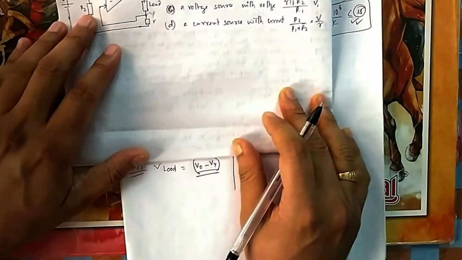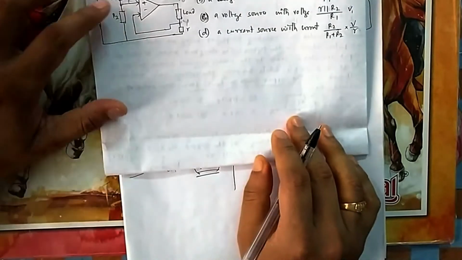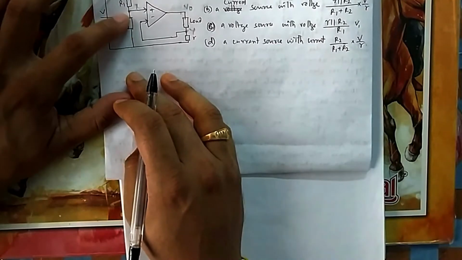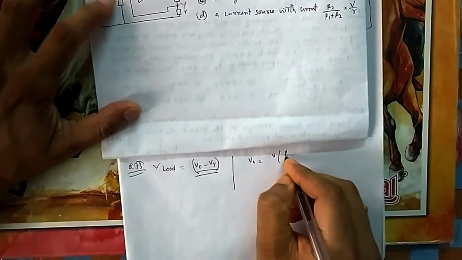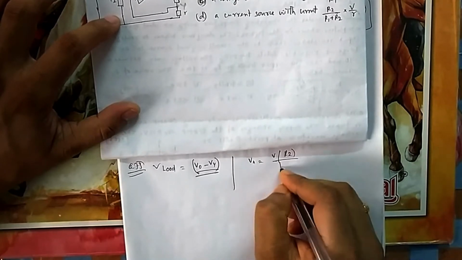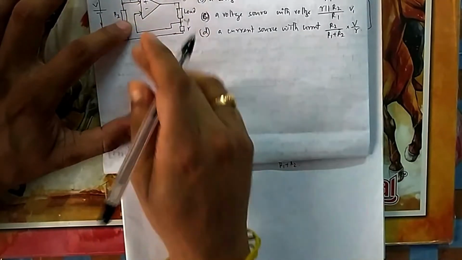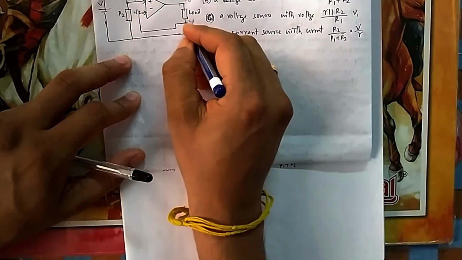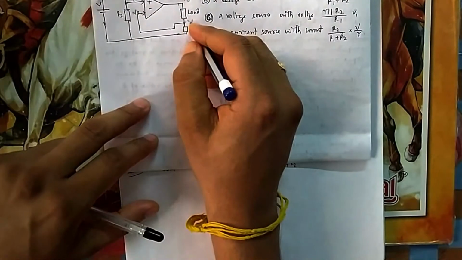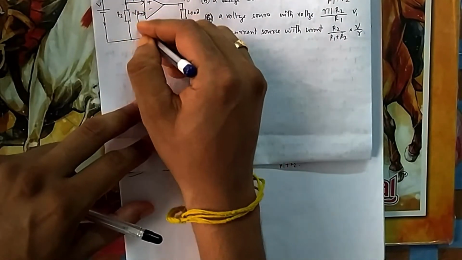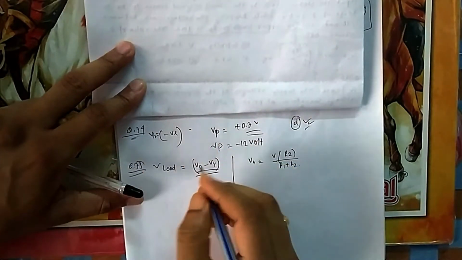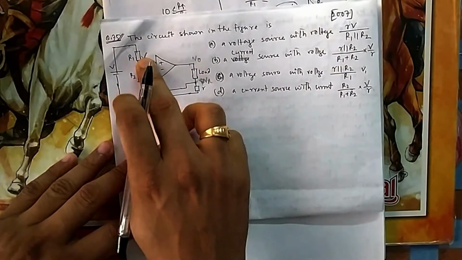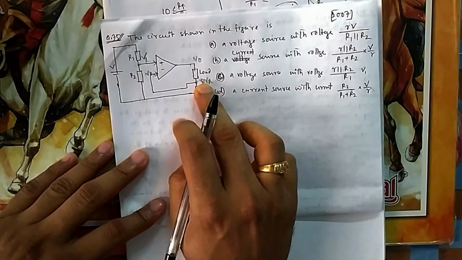Okay, now let us calculate. If you take the Vx, I can take nodal here, but you can easily say that as no current is flowing through here, it is simple voltage division. Voltage will be divided into two parts. So I am directly writing V into R2 by R1 plus R2. Once it is at Vx, this voltage is also Vx because it is negative feedback. There is no need of writing Y also, because this voltage is also Vx. No need to write two things, so only one variable will work. So no need to write Vy.